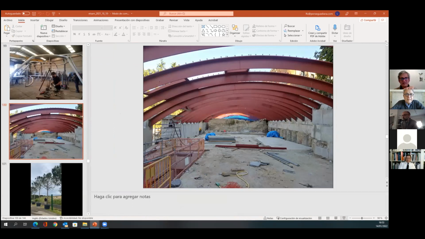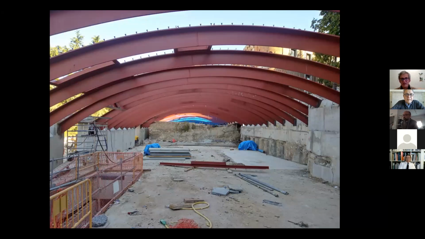So you can see here the new structure and the building that we must now restore and make visible as a new roof, which is actually a green roof and is a part of the garden on surface. This is one of the ways we have developed to integrate this kind of remains. This is one example. Another example is